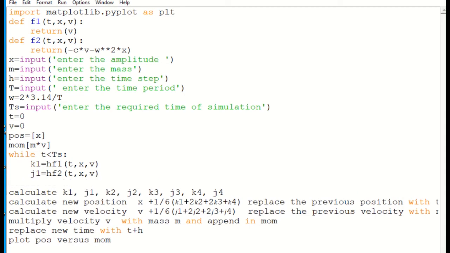അടുത്ത നമുക്ക് k2 കണ്ടുപിടിക്കണം. So k2 is equal to h star, oh I made a mistake in the previous two steps, h star f2.